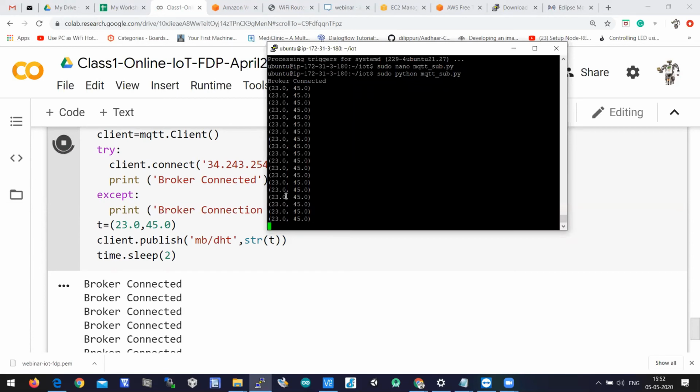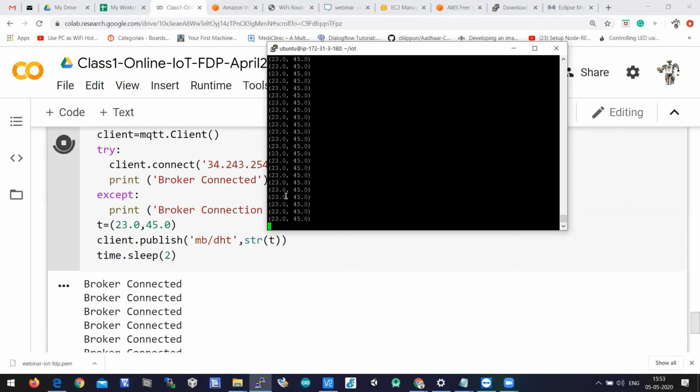This is case study one. Case study one is all about transferring data from a machine, from Google Colab to AWS, through your own broker. Now the AWS instance is acting as a subscriber and Google Colab is acting as a publisher. The publisher is publishing the data, and the subscriber on AWS is subscribing and receiving the data. In between Google Colab and AWS there is a broker, and that broker is also AWS here. By using your own private broker, we are able to receive data and publish data.